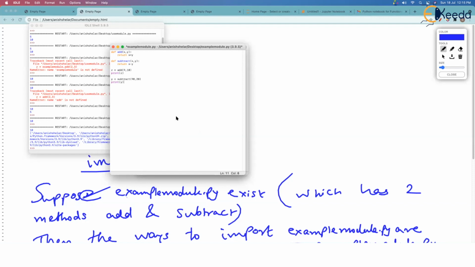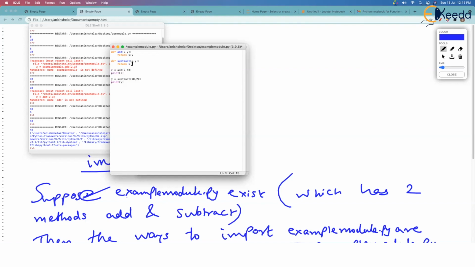Have a look at example module.py. Previously, this module was containing only functions. There was no calling code. Now I have added the calling code also. So this is the main script, which is actually calling this add and actually calling this subtract.